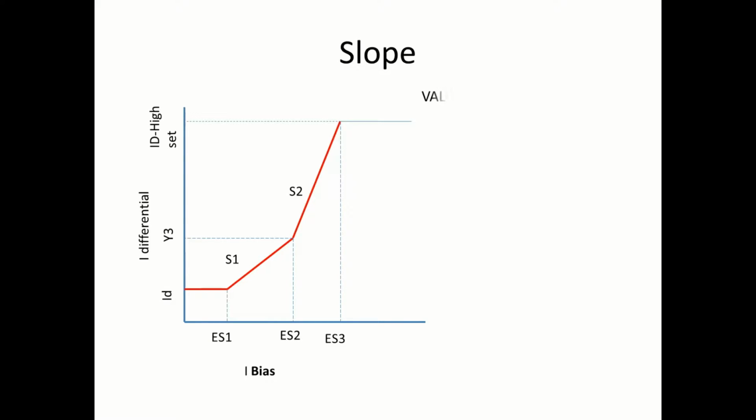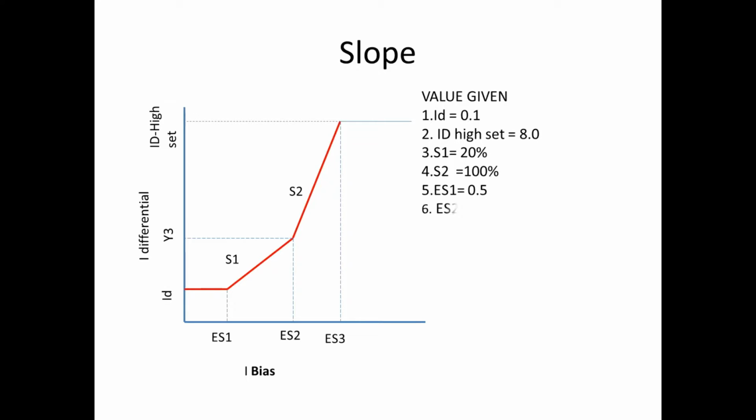Here I am going to show the slope characteristics test, so we can directly go to the slope. Now we can go for finding the slope. This is the slope layout. For this we have ID equal to 0.1 and ID high set equal to 8, slope 1 equal to 20%, slope 2 equal to 100%, ES1 equal to 0.5, ES2 equal to 1.5,